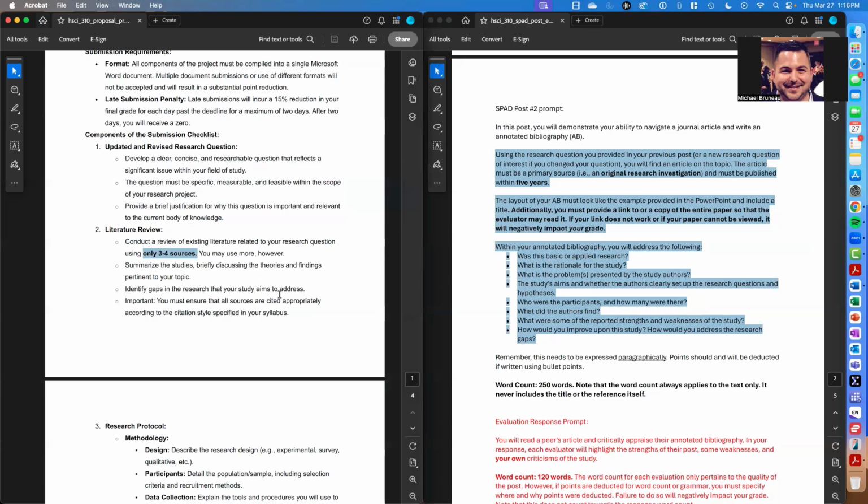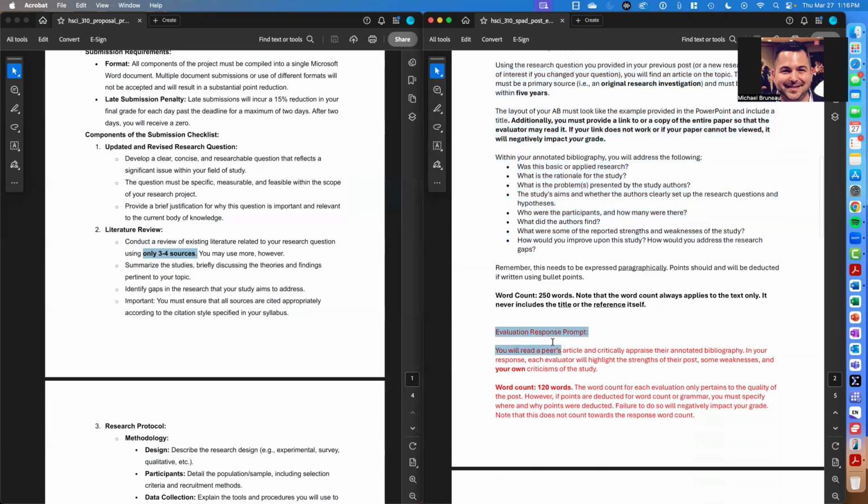As you can see here, checklist number 2 for the final submission talks about taking those articles that you've done annotations for and summarizing generally what you are finding from the literature in the SPAD post number 2. So where SPAD post number 2 provides you with an opportunity to conduct the literature search and to try learning about the annotated bibliography, the evaluative feedback you receive from a peer will help you refine and update and improve